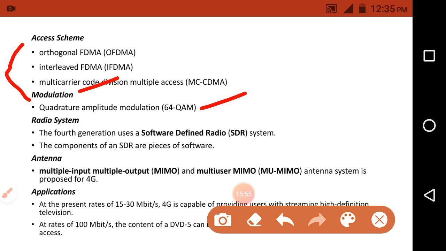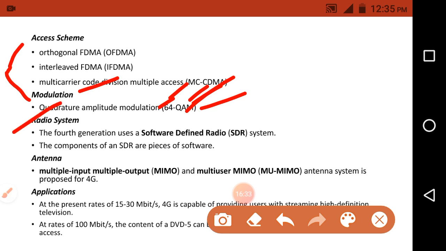Here we use 64 digital signals to modulate the signals. So this modulation technique, along with the 64 digital signals, is used in 4G technology.